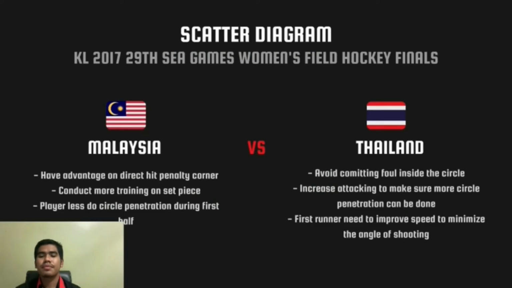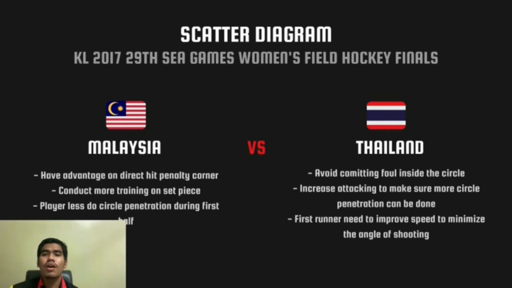Okay, based on the analysis that has been done on the penalty corner, there are some improvements that can be made for the Malaysia team and the Thailand team. First, the Malaysian team has an advantage on direct hit penalty corner since they converted 1 out of 2 direct hit penalty corners. Next, they should conduct more training on set piece penalty corner. It is because the 4 penalty corners taken using the set piece method have not produced any goals. And lastly, we can see in the first half, the penalty corners gained by the Malaysia team is 2, while in the second half they gained 4 penalty corners. It means that Malaysia did not perform much attack during the first half and did less circle penetration compared